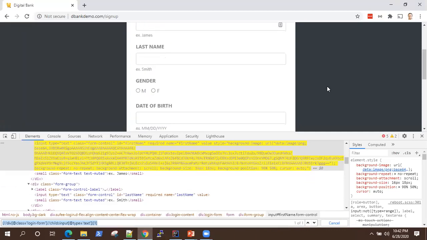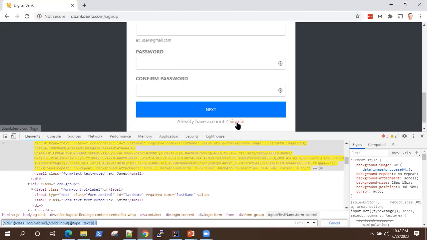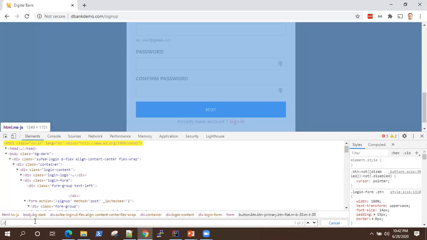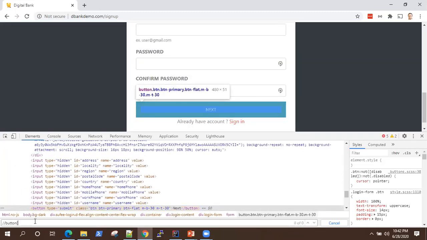So what can we do for preceding, right? Okay, so let's take this next button. What I want to do is type in this confirm password text box using the next button, right? The next button has got a button type, so let's use that button, and the type is submit, right? So that will identify this submit button. And then we will use preceding,